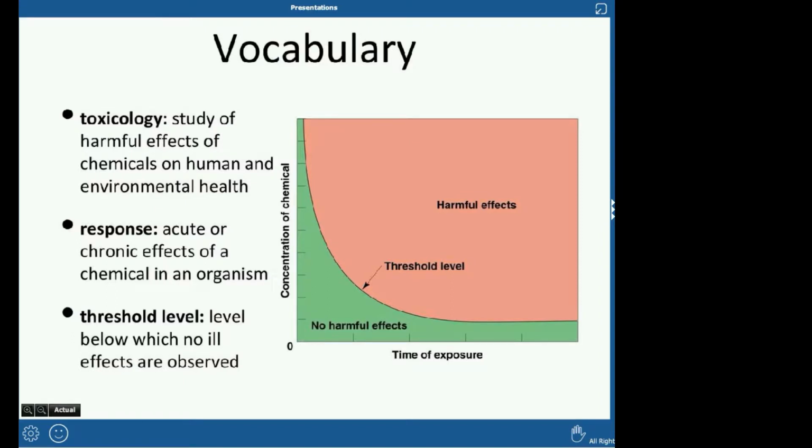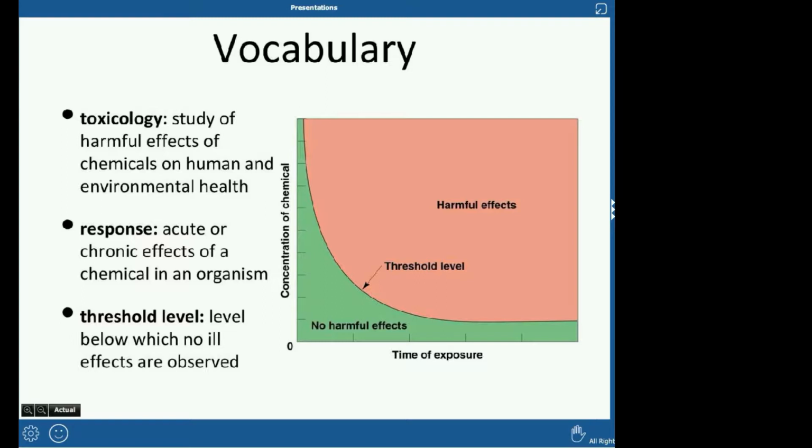So, more vocab words. Toxicology is basically the study of harmful effects on humans and the environment. The response is basically the effect. Whatever the effect is in you, that would be your response to that chemical. And then the threshold level is basically the level at which no ill effects occur, and no one's